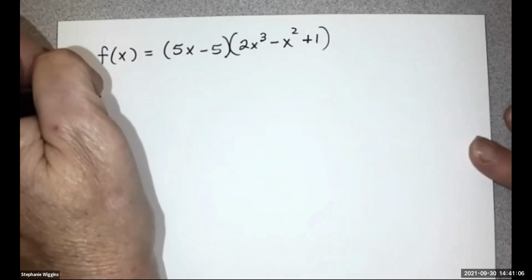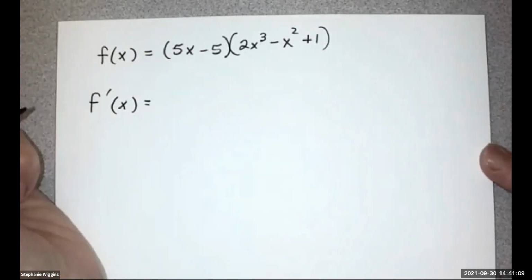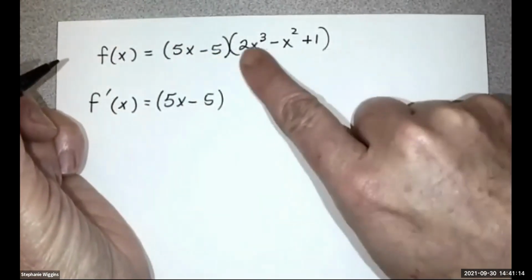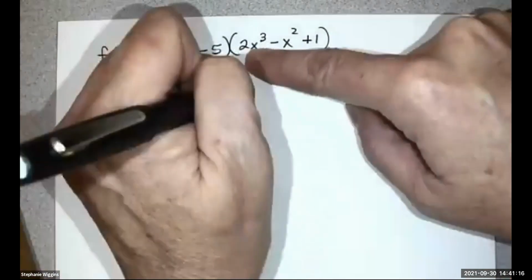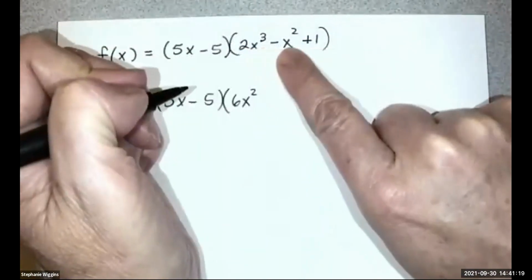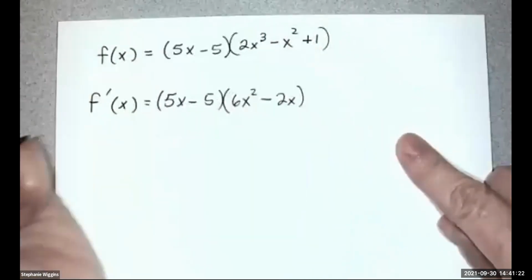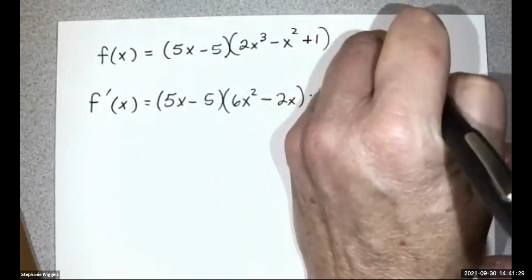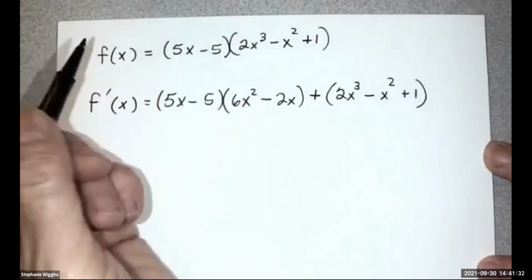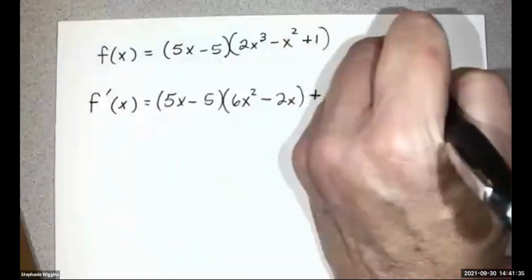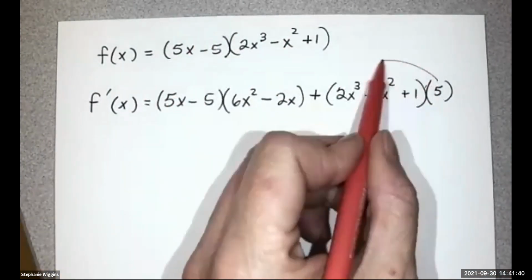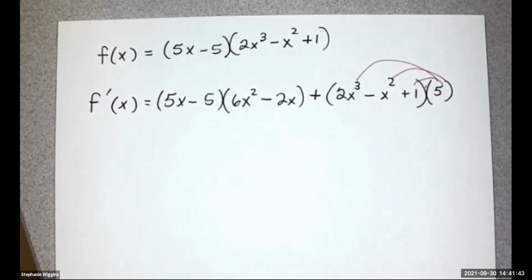All right, so again, the rule is that you take the first function times the derivative of the second. The derivative of the second function is going to be 6x squared minus 2x. And then you add to that the second function times the derivative of the first. In this case, the derivative of 5x minus 5 is just 5. So you're going to want to have, here you're going to have to FOIL, here you're going to distribute. So when we FOIL,